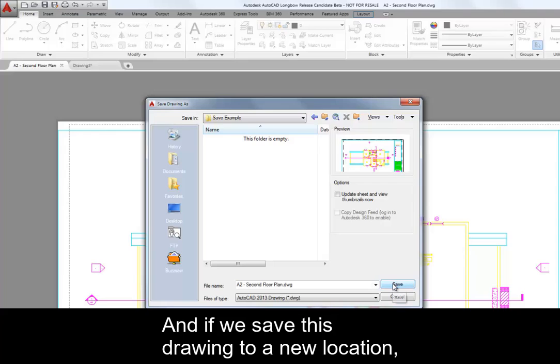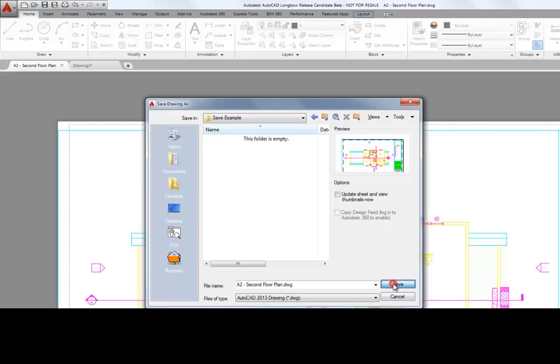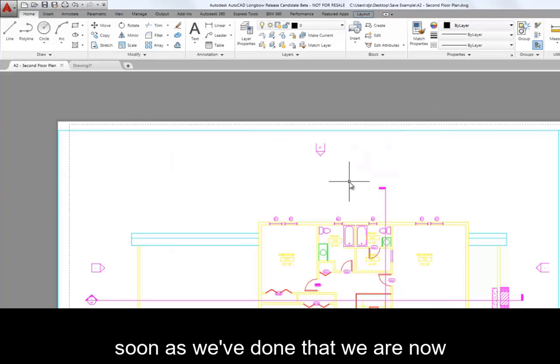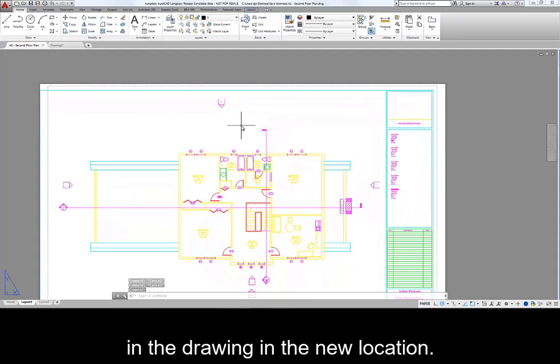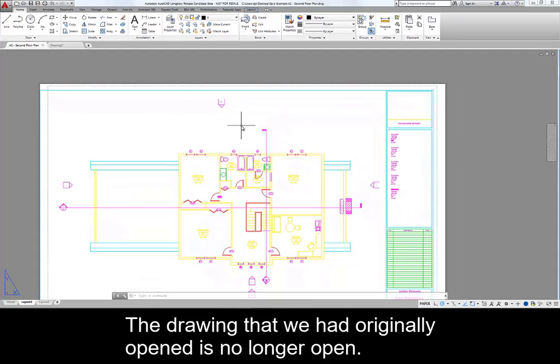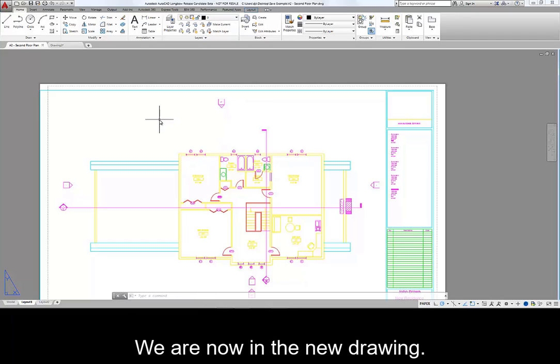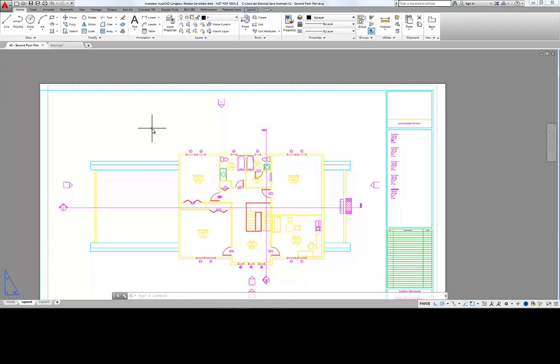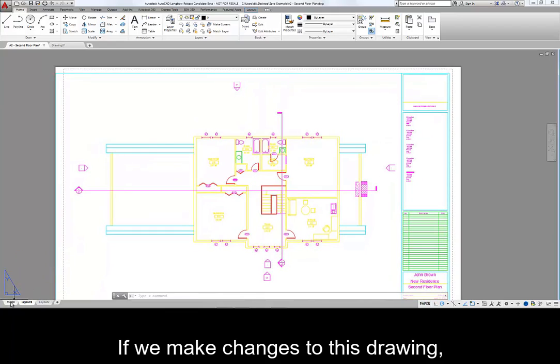And if we save this drawing to a new location, as soon as we've done that, we are now in the drawing in the new location. The drawing that we had originally opened is no longer open. We are now in the new drawing. If we make changes to this drawing,